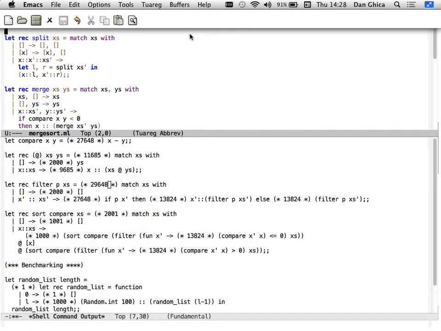So this is sorted, this is sorted. So I have two lists, but remember that list was just split arbitrarily in two equal sides. It was not split according to any criteria. So I cannot just concatenate them. What I have to do is